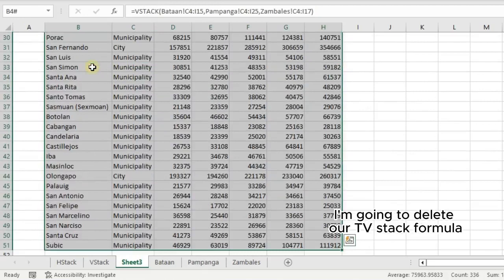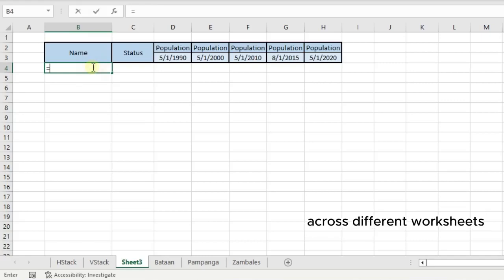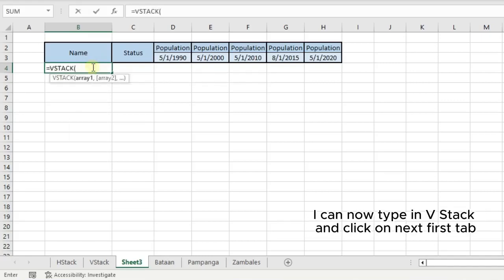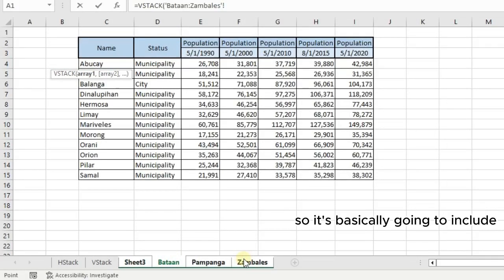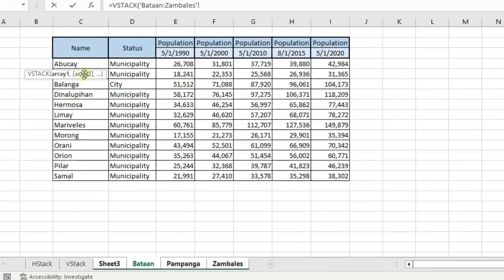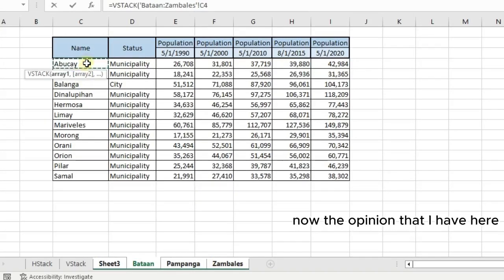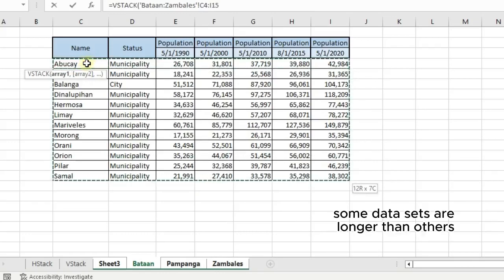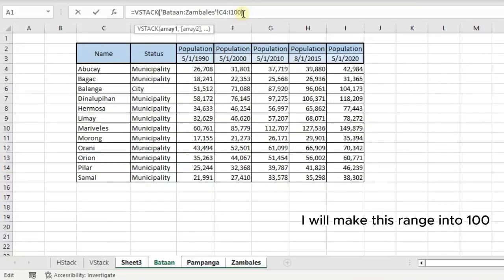I'm going to delete out the VStack formula, because what we could do is employ 3D referencing. This is very similar to when we want to maybe sum data across different worksheets. I can now type in VStack, and click on the first tab, Bataan again, and hold down shift and select Zambales. So it's basically going to include all of the worksheets in between those two. I can then select the cell range of the array that I want to return. Now the issue that I have here is that my data isn't consistent across all of these worksheets. Some data sets are longer than others. So to make sure I catch everything, I will make this range 100,